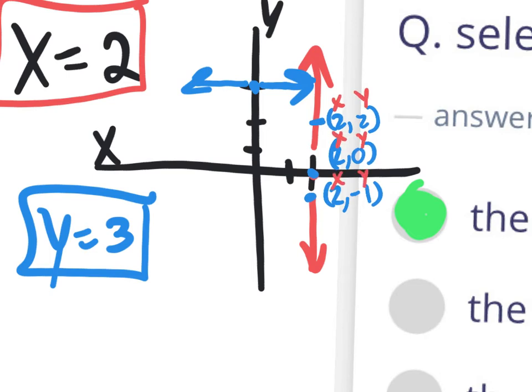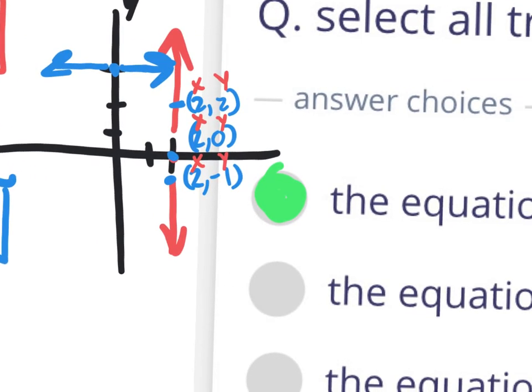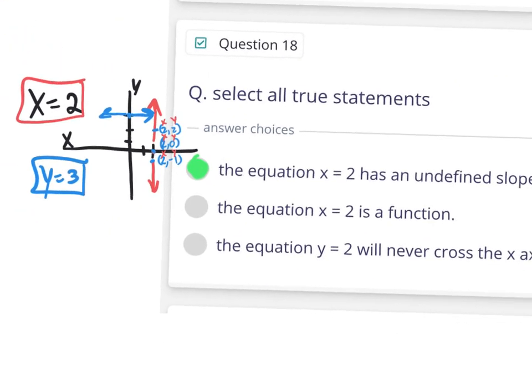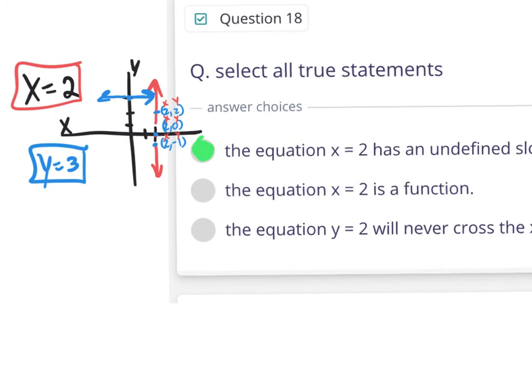So what we're saying is you plug in a 2, you get out a 2. You plug in a 2, you get out a 0. What? That doesn't make sense. You plug in a 2, you get out a different answer, negative 1. That machine is broken. That is no longer a function. It's just a relation. So this statement is saying that the equation x equals 2 is a function. We said, no, that machine's broken. So you would cross that out. That's not a true